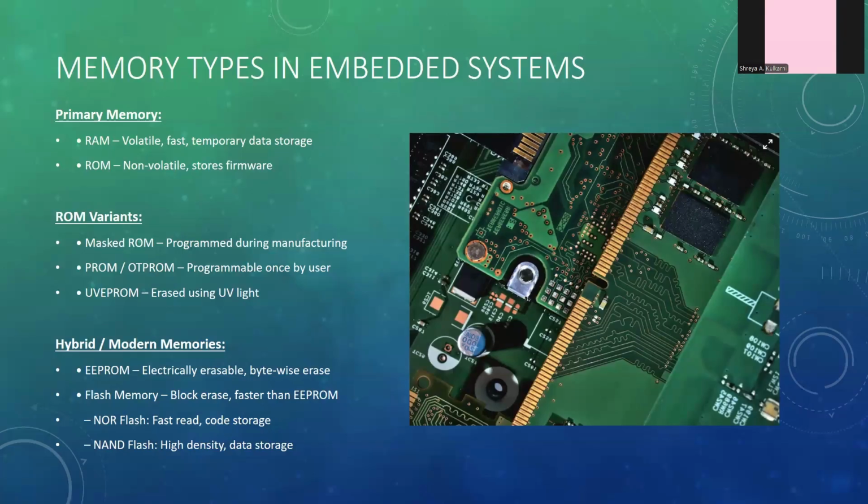There are two kinds of flash memory: one is NOR flash and the other is NAND flash. NAND flash is non-volatile memory, and you can read and write many times. NOR flash is again non-volatile memory, and you can read and write many times, but this has byte accessibility, and in NAND we have block accessibility. These are the main differences between NOR and NAND. NAND has block-wise data storage, and NOR has byte-wise data storage.